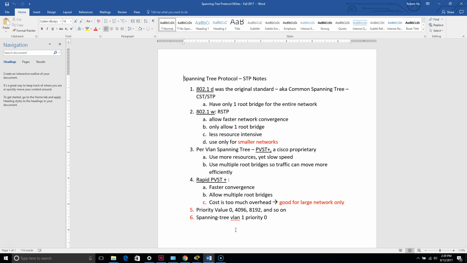The newer version of 802.1D is 802.1w. This is called Rapid Spanning Tree Protocol. This technology allows faster network convergence and only allows one root bridge. It is less resource intensive. Also, this RSTP, 802.1w, is only good for smaller networks because, as you can see, you don't have